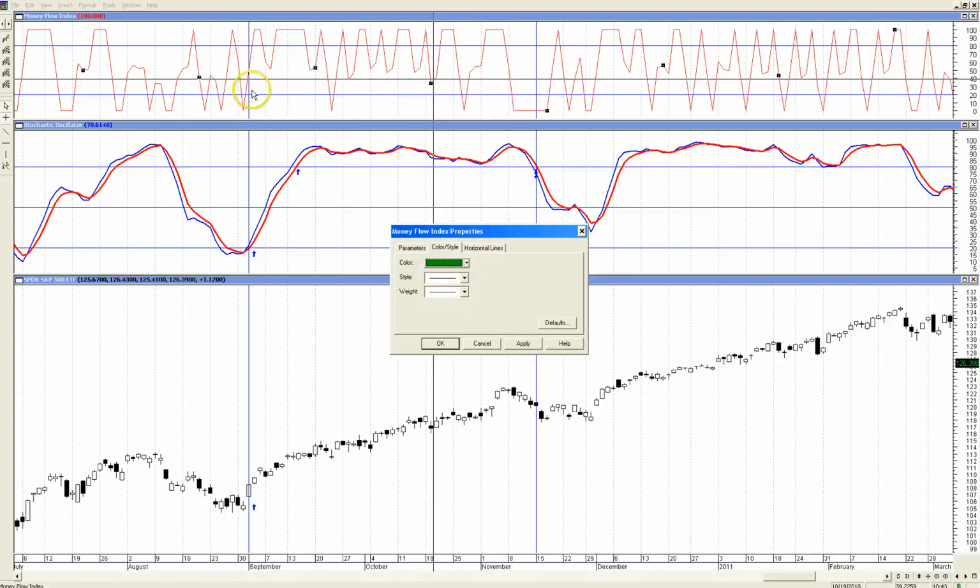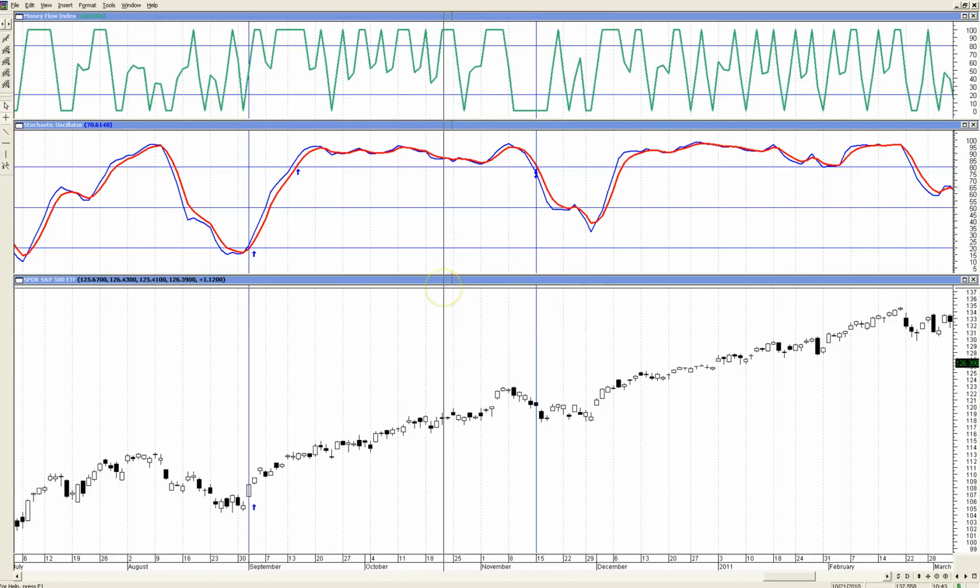I mean, it does pause sometimes in the middle here, but it's going between 0 and 100 most of the time. If I went down even lower, it would jump around even more. Let me give it a little more color here so you can see it. Okay, so this indicator is jumping up and down